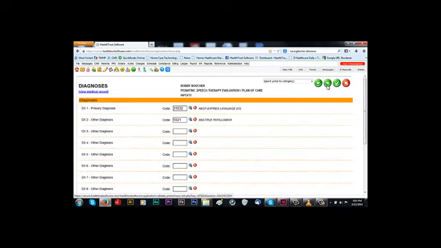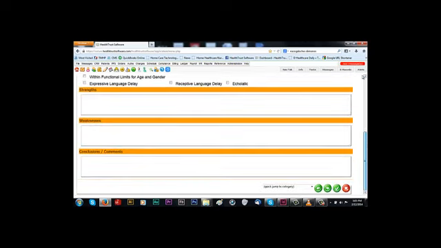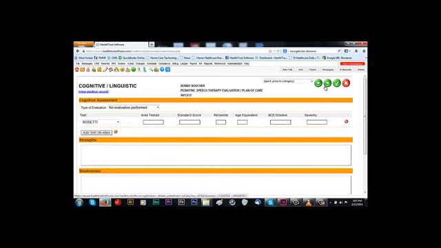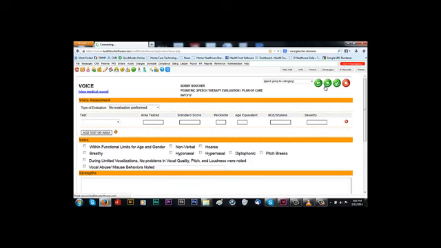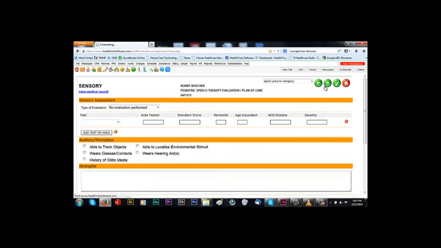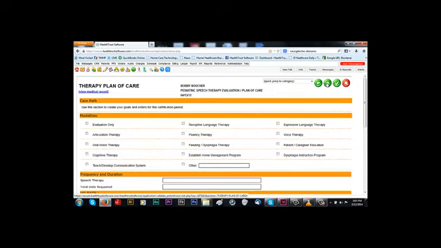You can also add your diagnosis codes, language assessment. Keep walking through that. Literacy. Okay. Let's see. I'm trying to speed up this process for you, because every point of care is a